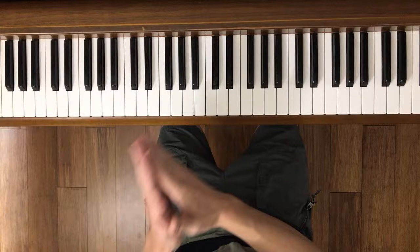The other thing too is you can definitely leave out a certain amount of notes with this because some of these things are not really easy piano, it's just an easier arrangement. So if it doesn't work for you, then